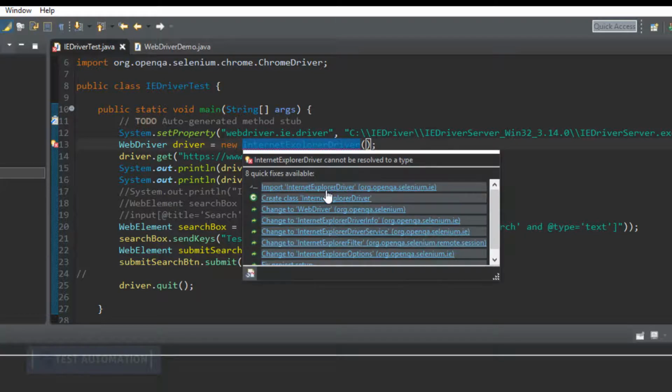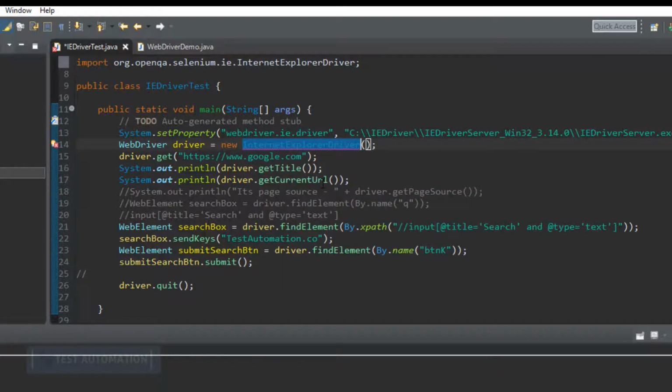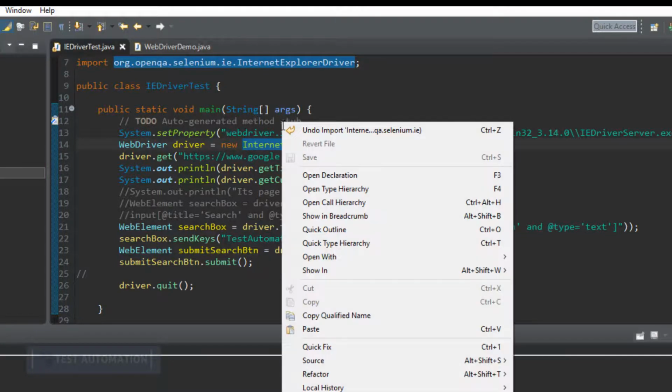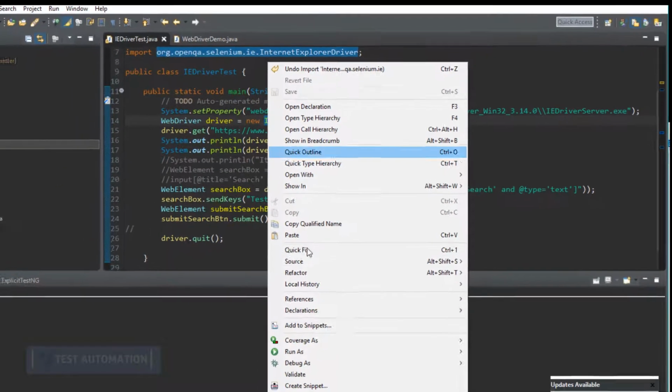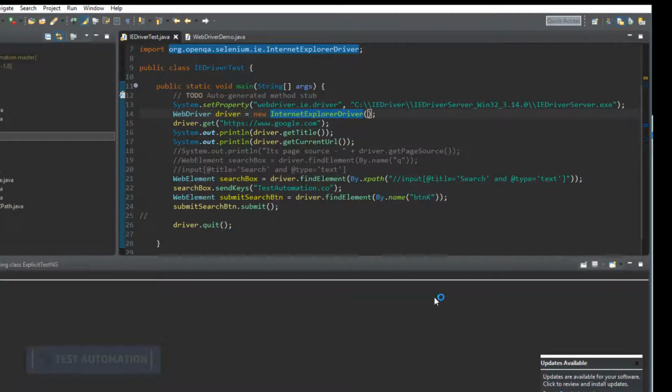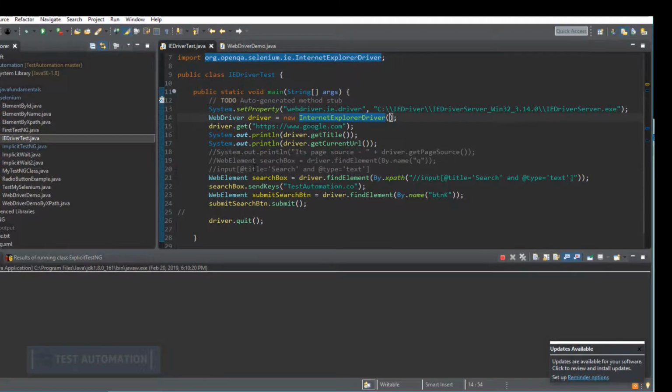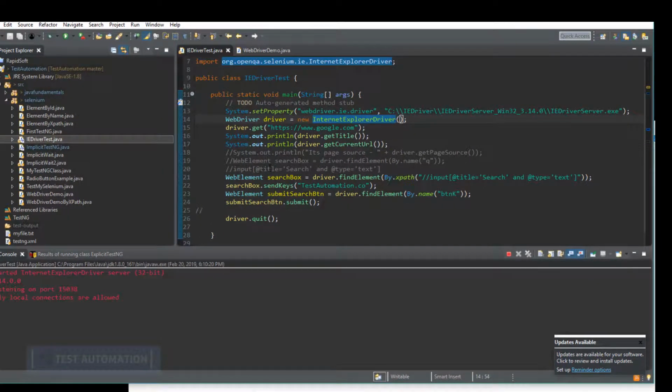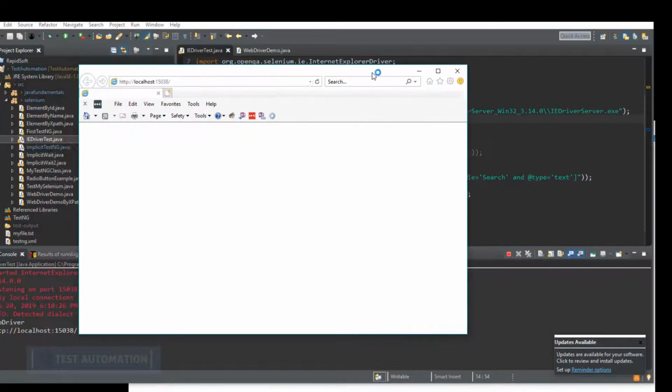Import Internet Explorer driver here, org.openqa.selenium.ie, and let me save this file here and run it. Right click, run as Java application. We should see IE fired up. There is the IE,